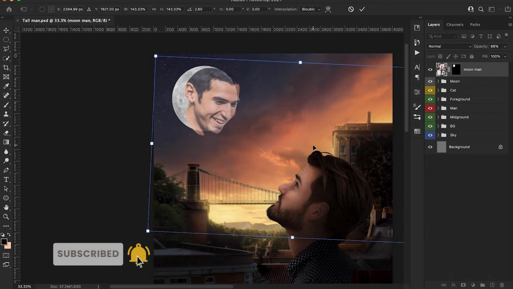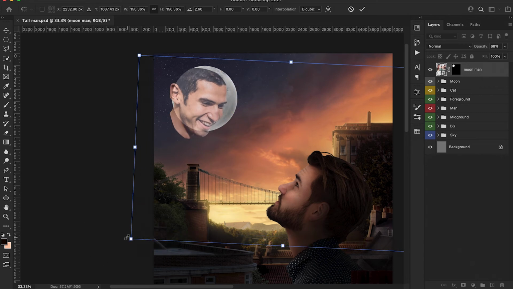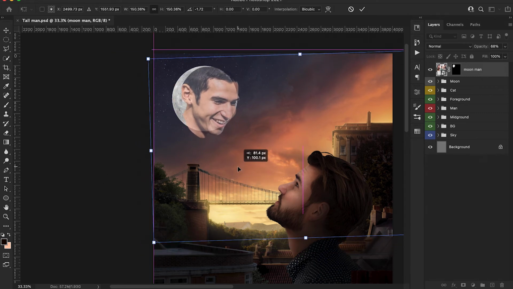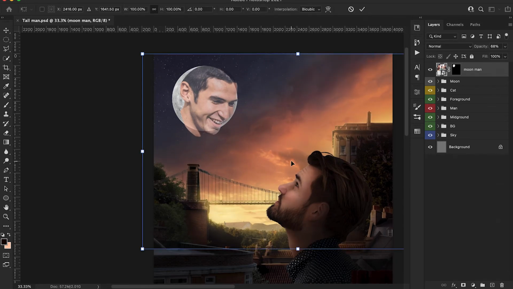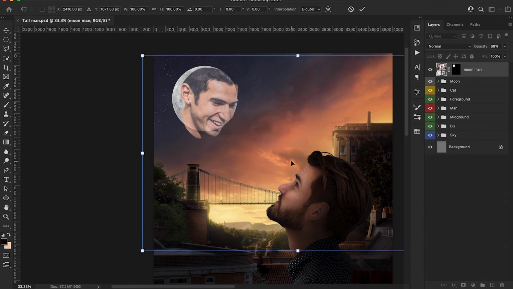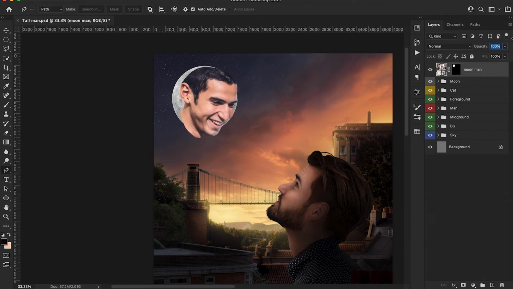So it actually took a few seconds to do this because it was a little tricky just to find that right angle. And like I said before, I'm a perfectionist, so I probably spent more time on this than I should. But I want to make sure that it's at that right spot, just to make sure it looks good. Alright, so I ultimately settled for this angle here, turned up the opacity again, and we're going